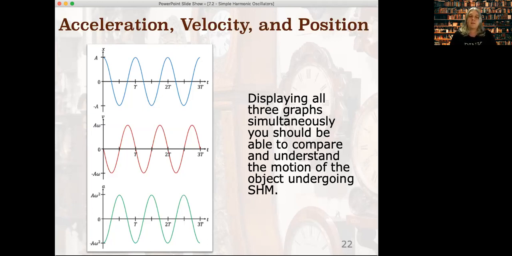And if you think back to the restoring force, that was proportional to the displacement. And since this instant is where we've got maximum displacement, it makes sense we'd have the maximum restoring force. And since force is equal to mass times acceleration, the maximum restoring force should give us the maximum acceleration. So that's what we see. When x is largest, the acceleration is largest. But importantly, the acceleration is in the opposite direction. So if our position is positive, the acceleration is going to be negative, pulling us back towards that center position,